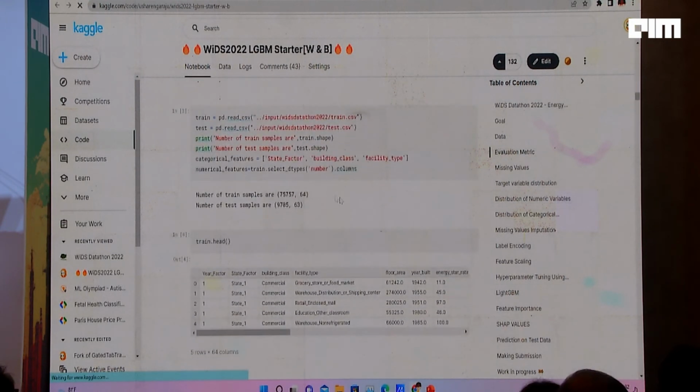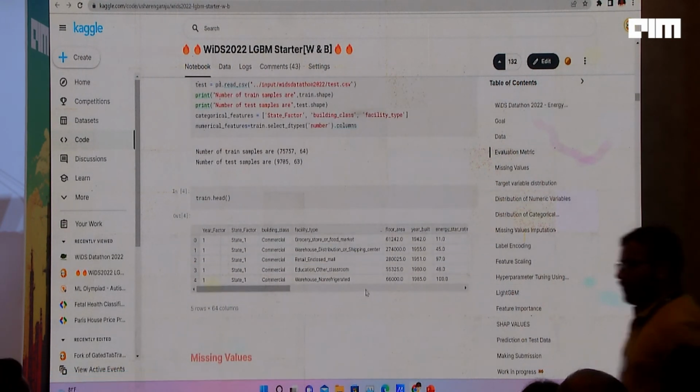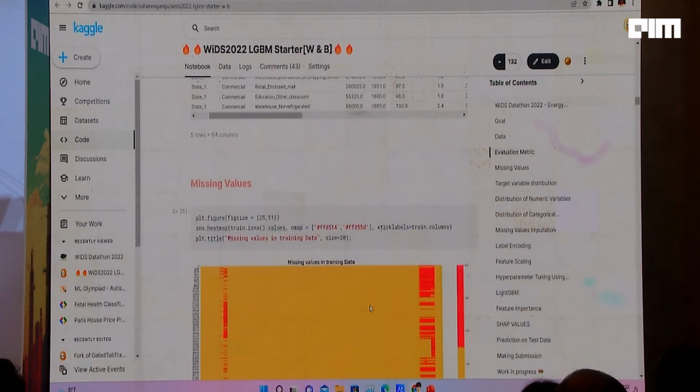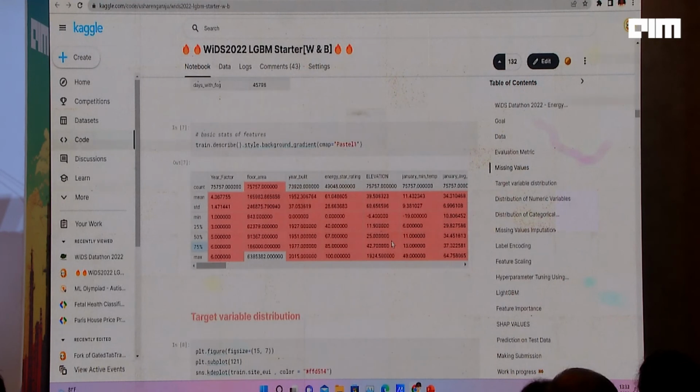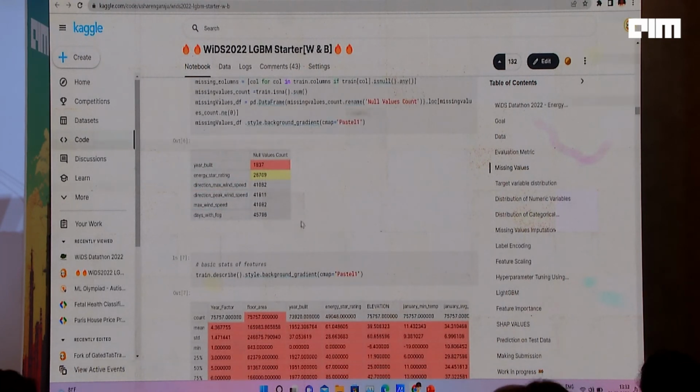So this is my data set. I have all these features here, and I have some missing values. There are a few fields which are missing. A few important variables, like energy star rating, which is one of the main indicators of how much energy is going to be consumed in your building, at least for the US. I'm not sure if this concept exists in India, but you have an energy star rating for each and every building there. So for each of these variables, we have several missing values. We'll deal with how to handle missing values later.